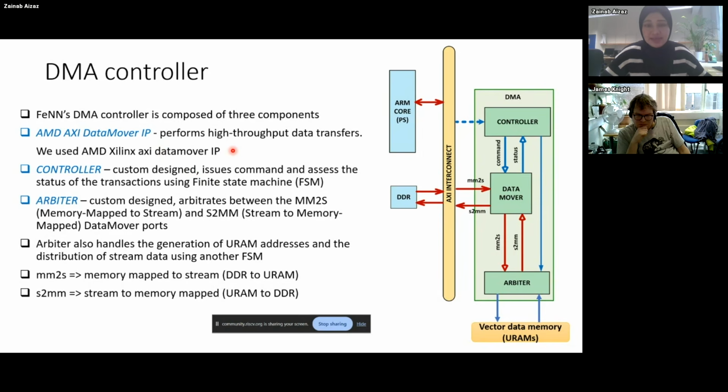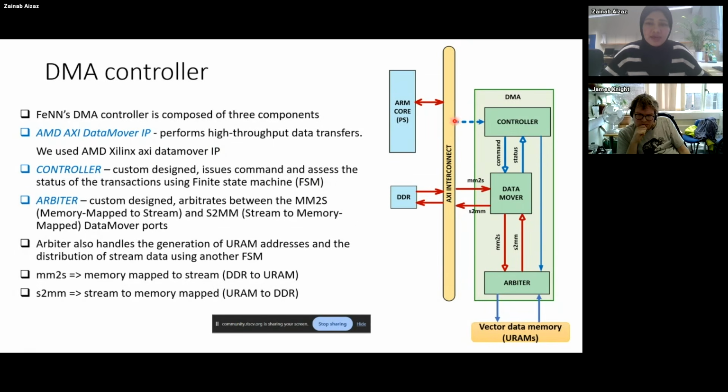So this is ready-made, and it's for high throughput data transfers. And this data mover IP is similar to a DMA, the AXI DMA available in Vivado, but Vivado is the tool on which we design the programmable logic. So it is similar to the AXI data mover IP, but it's controllable by hardware and has much higher performance than the other IP. So this controller we designed, and we created a finite state machine in this,